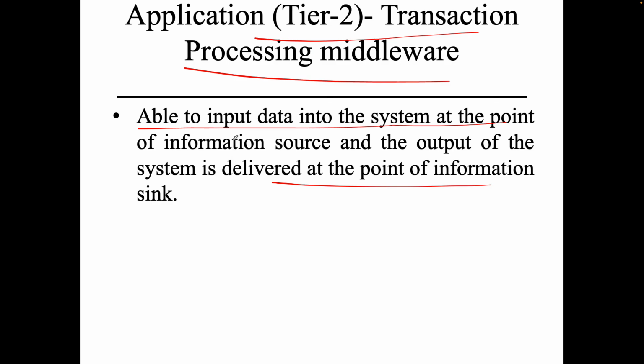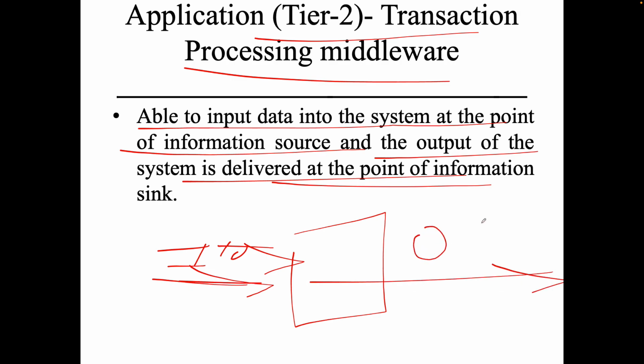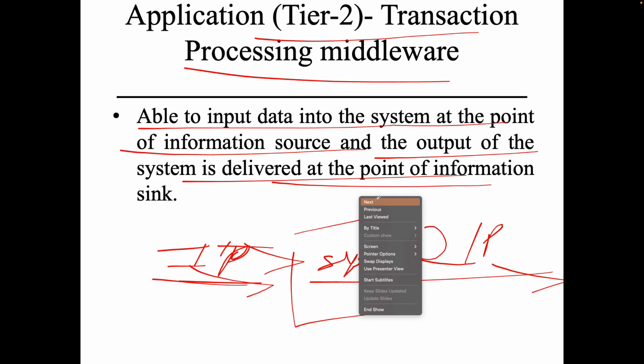भाई सेम चीज़ क्यों बोलते रहता अपना पीपीटी. सिस्टम है able to feed in data, input output कर रहा है. अपना तो input दिया और data को of the information source and the output of the system is delivered in the information sink. अभी input डाला और तेरे को output मिला, IP OP and this is your system. बस इसको सिंपल समझाओ